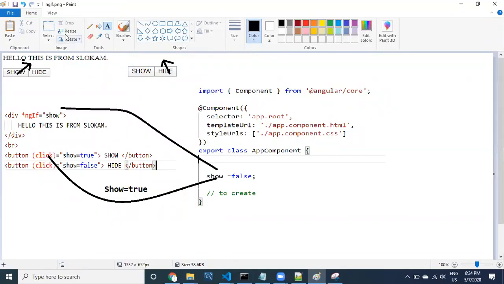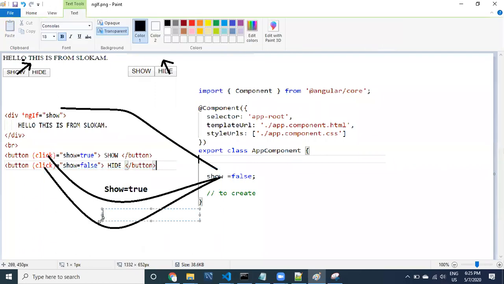And in the same way, whenever you click on this one here, the show is going to become false.